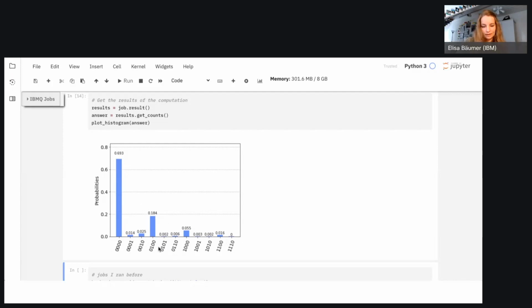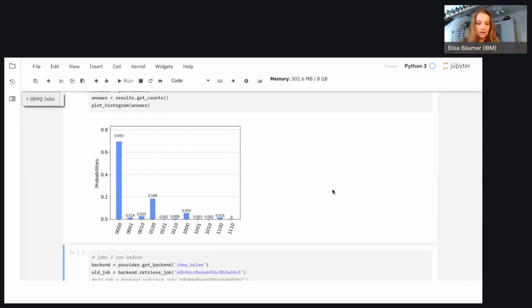For example, it seems like the qubit here, the second one in the bit string, seems to be a bit more noisy because that's the one that flips here, and that actually also flips here.